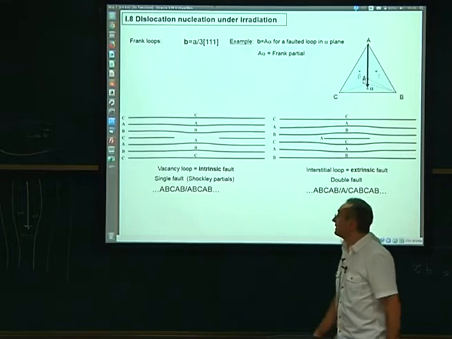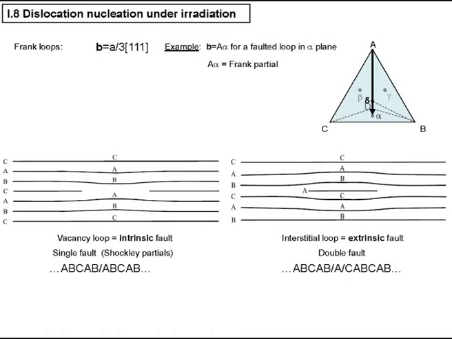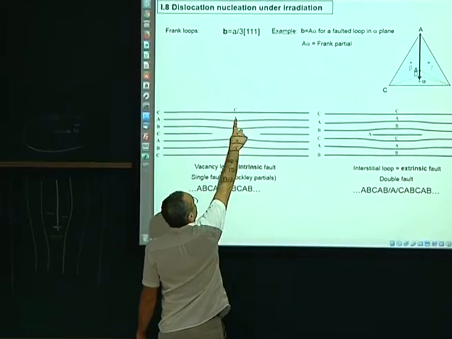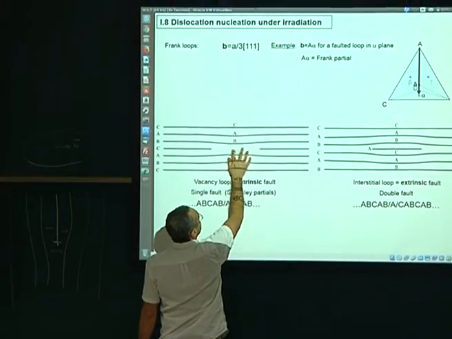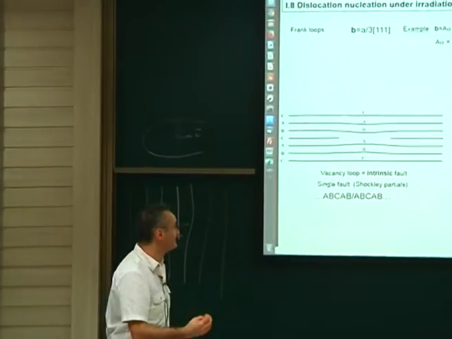So what are those loops? Again, if you take your ABC stacking, you can make two kinds of Frank loops. A Frank loop is a special loop for which the Burgers vector is A delta. So the Burgers vector is perpendicular to one plane of your Thomson tetrahedron. You can create a loop here. For example, you remove these atoms, and you create a loop with this Burgers vector, and then you will have AB, and the C is removed, then ABC. So this is a vacancy loop. It means that it has a hole. You see the atoms are missing there. It's a vacancy loop.